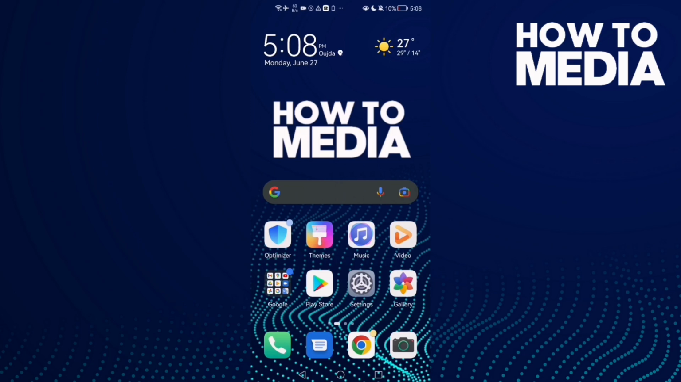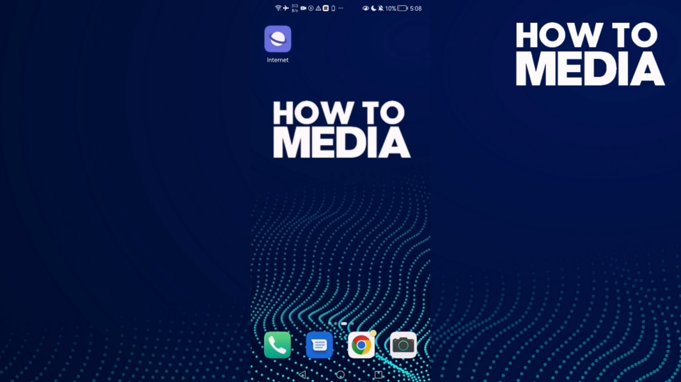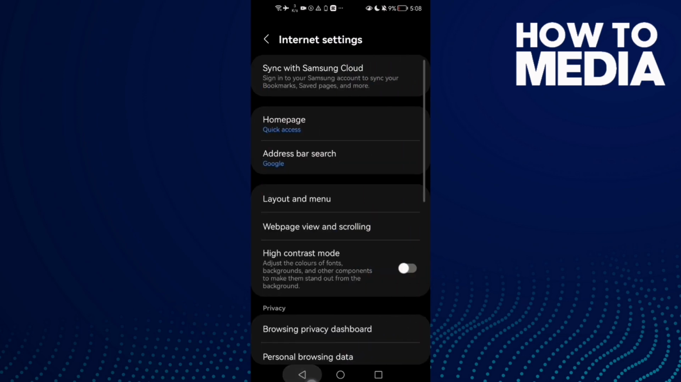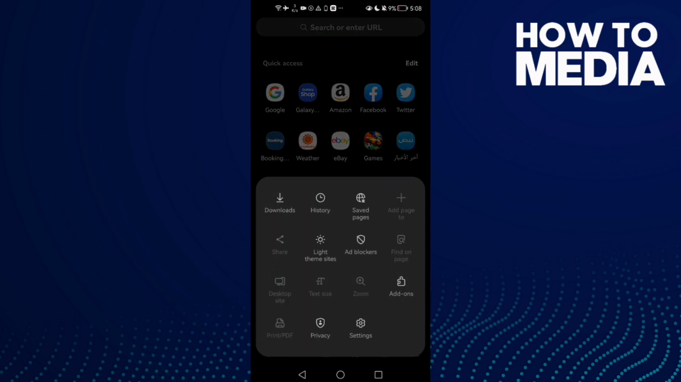How to turn off show go to button on Samsung internet browser. Hello guys, in today's video I'm gonna show you how to turn off show go to button on Samsung internet browser. First thing, go to Samsung internet browser and click this three lines here in the bottom corner and click